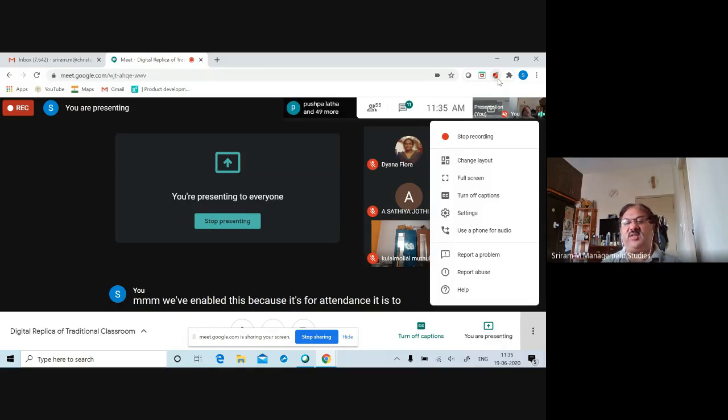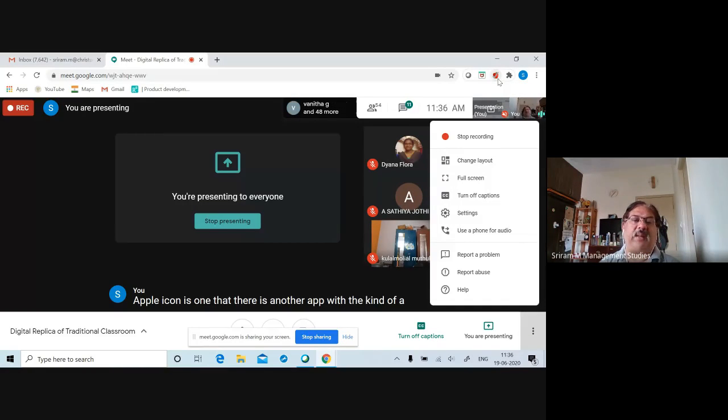So all these add-ons are where you can just Google, and there you can give the attendance option in Google Meet. You will be getting a list of apps, and those apps you can download. Any one app is enough. This Apple icon is one app. There is another app with a kind of people icon. Any of those you can download, or it will be automatically integrated with your Chrome browser.